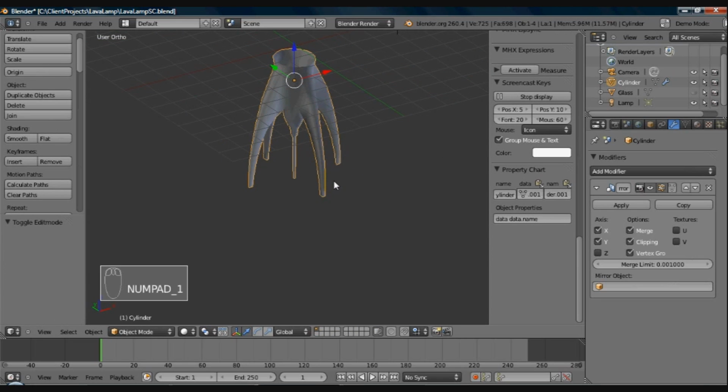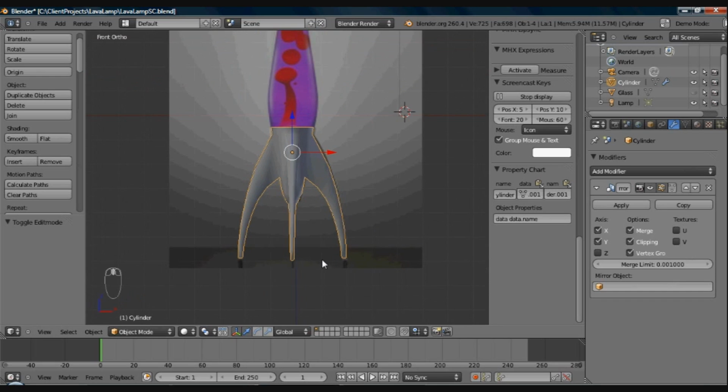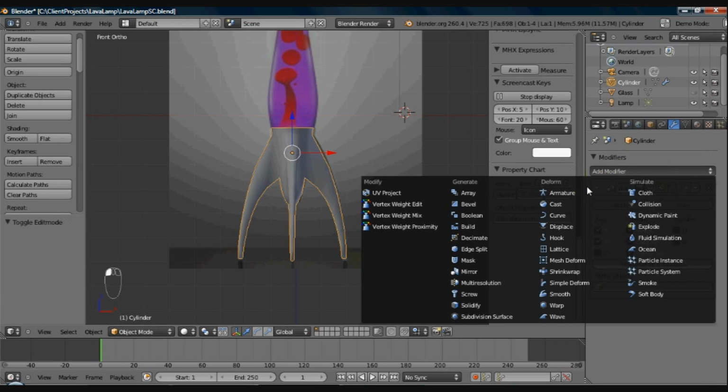Go back to 1 for front view. And now what we want to do is add a subsurface modifier. We don't want to apply this just yet. The mirror modifier, we'll apply it here in a little bit. But let's turn on